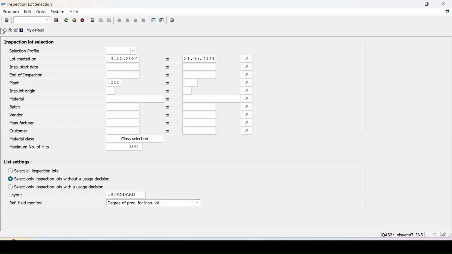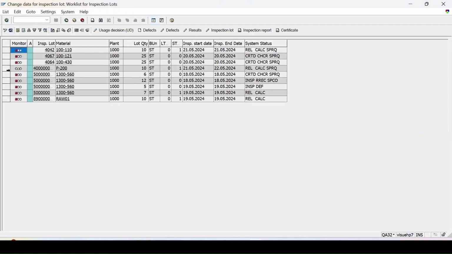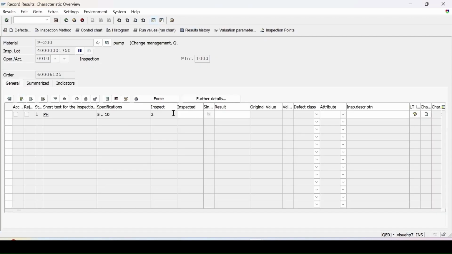QA32, enter, and then execute it. So this is the lot which is created with the 04, which is in release state. And if I go for the result recording, the inspection plan, it is picking now. Whatever inspection plan is created for this,